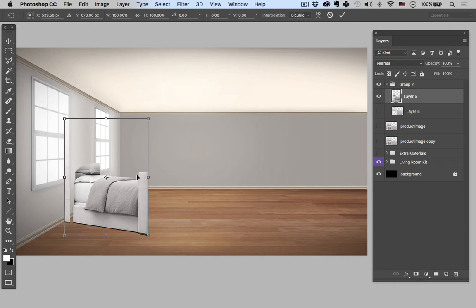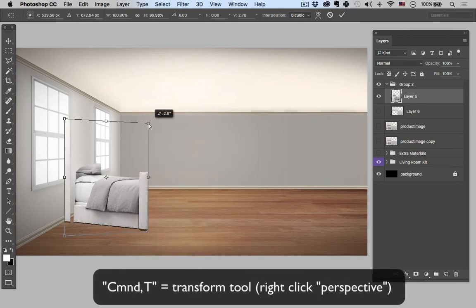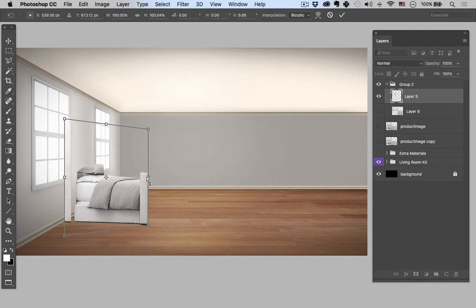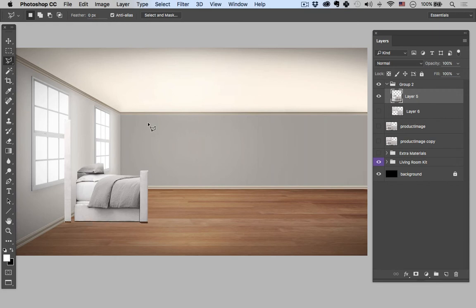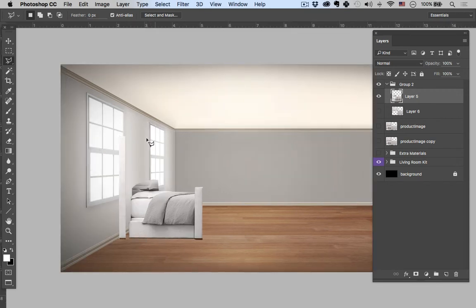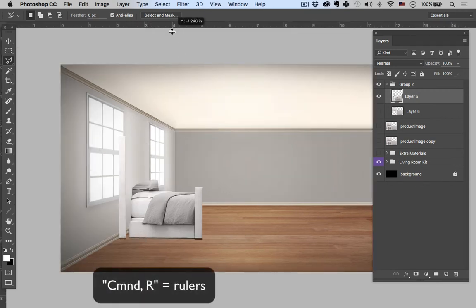So I'm going to do that by right-clicking and going to Perspective. And I'm just going to squeeze this right side down until it's pretty much lined up to the floorboards. You could also use your rulers as guides for this. You can do that by hitting Command R, and that'll bring up your rulers. And then you can just drag down from the top